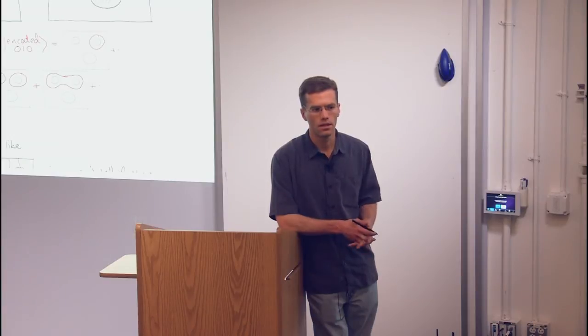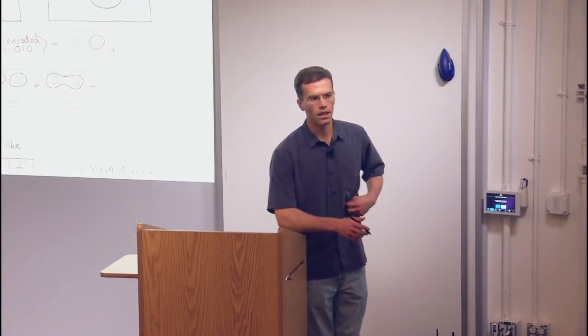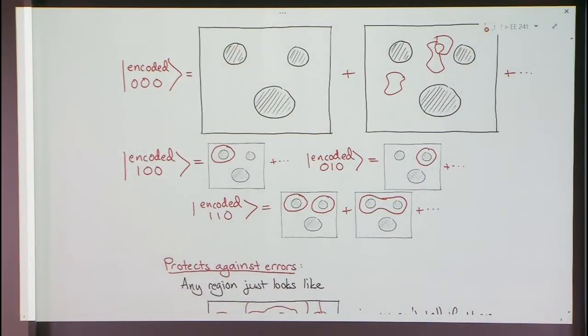Oh, sorry. No, yeah, that's a good answer. I think maybe elaborating on this picture will make sense. So encoded 1, 0, 0 is not just this one picture. It's a sum of, not an infinite, but many pictures. It has all sorts of string nets, most of them really messy. But each of them will have something going around this first hole, in some way.